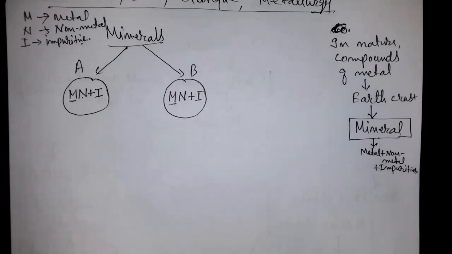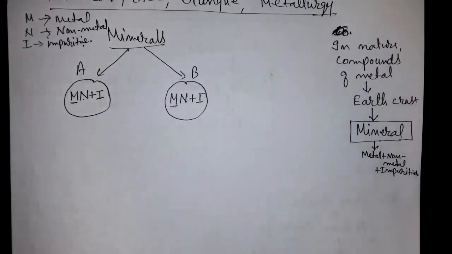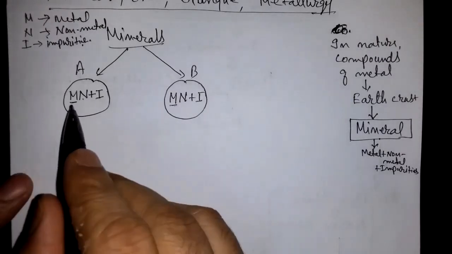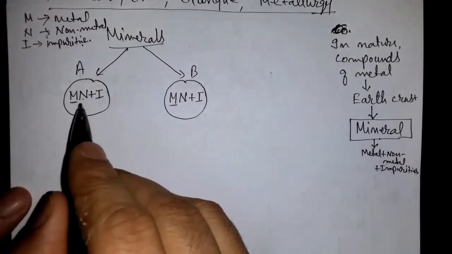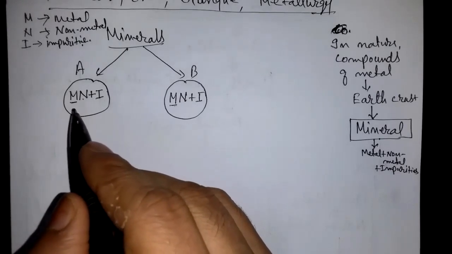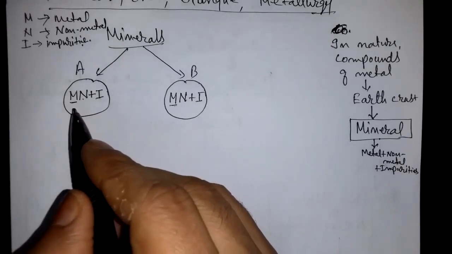Okay, so some mineral has a high percentage of metal inside, and some mineral has a low percentage of metal inside. And because of this, sometimes it is easier to get metal from some mineral, easier and economical, and from some mineral it is not that much easier, at the same time not economical to get the metal. So if you want metal from here, then we have to follow many steps or many processes. That process will be done in the industry. The overall, the total process is called metallurgy.